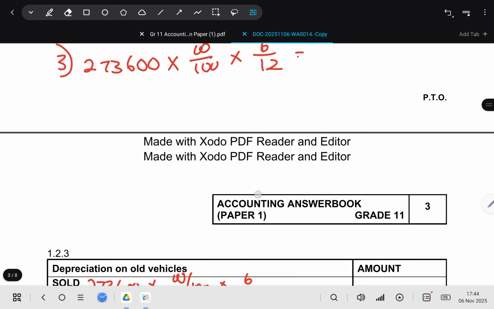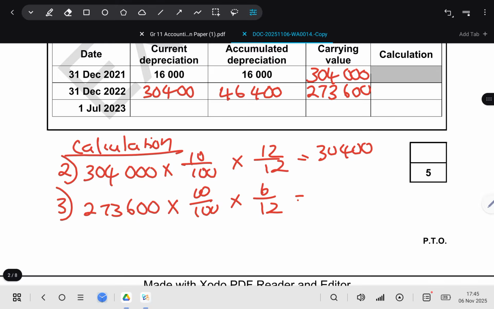Remember the depreciation for the sold vehicle that they want here. That's the amount that we're going to put there. So 273,600 multiply by 10 divide by 100 and then multiply by 6 divide by 12. It gives us 13,000